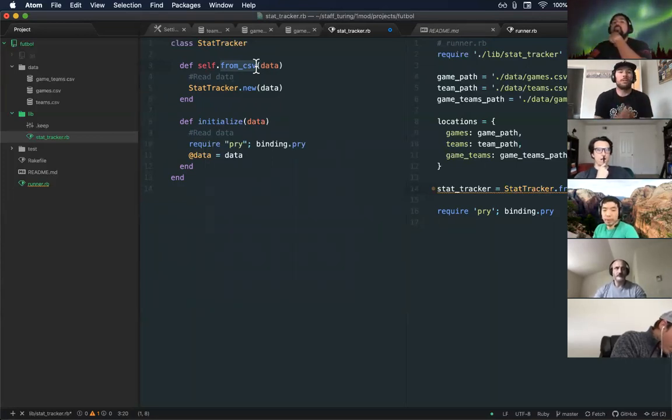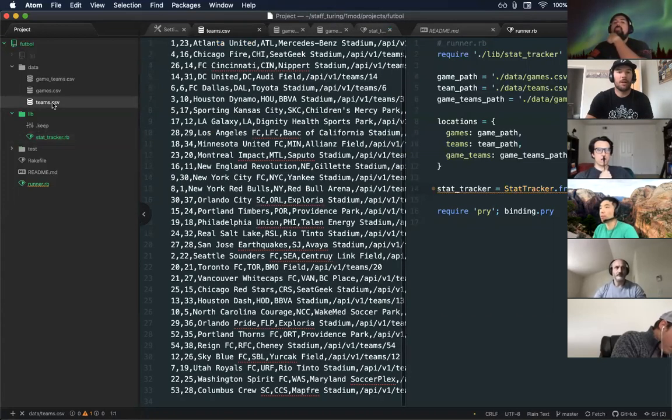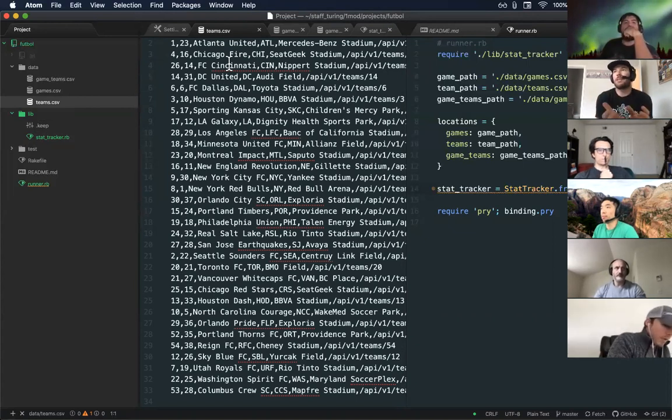The objects should probably represent the data in a way that you would think that it does. So we have a lot of teams here, so I'm thinking that I'll probably create a team class with a lot of team objects, and that's all I will say.